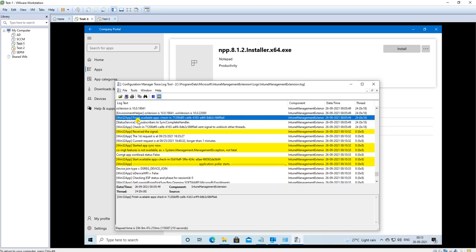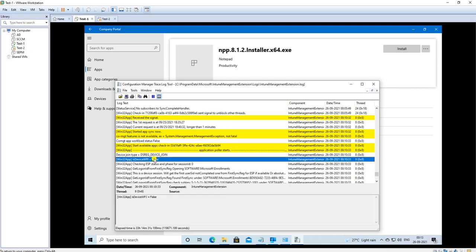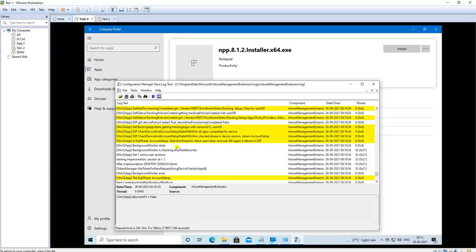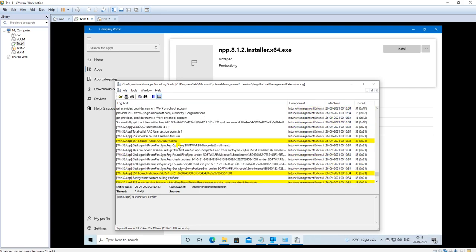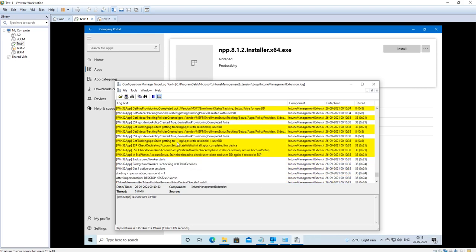Okay, what is this? Finish the app available. Okay, so this is our old app id, and then where it is start trigger. So we need to understand thoroughly. We have to read this log and then we can understand it in more detail.